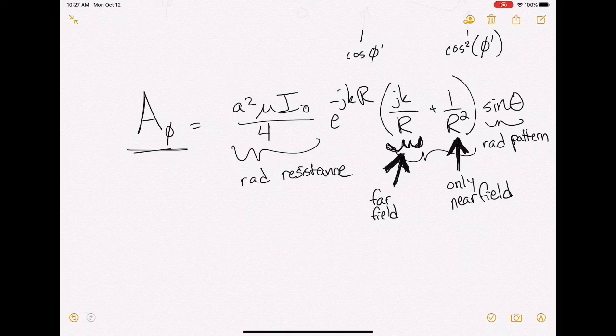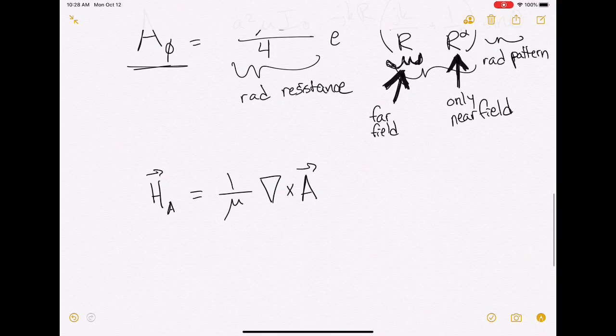The magnetic field due to this vector potential. So we're going to write it down, just this once as H sub A, but in general, because we know we only have an electric current, we're not going to worry about it, it is 1 over mu times the curl of A. You can find the electric field directly from A